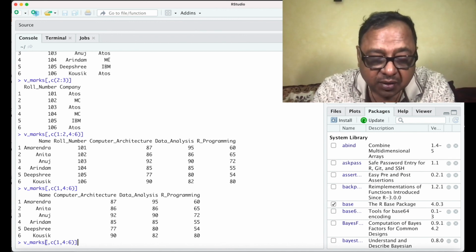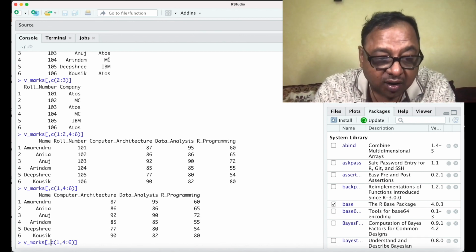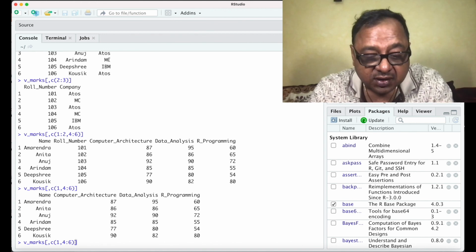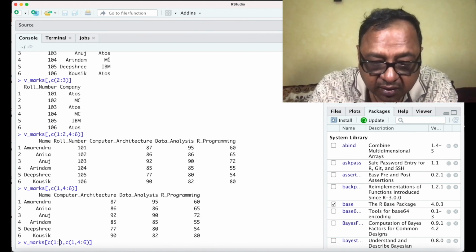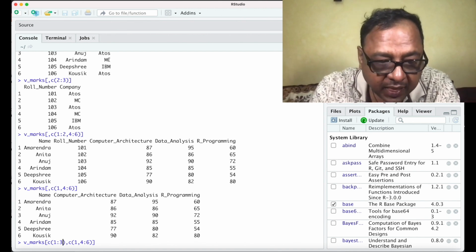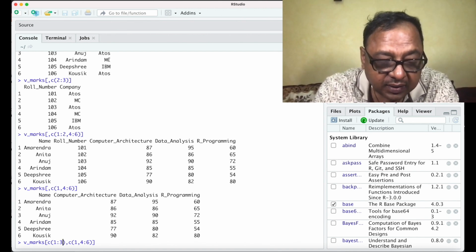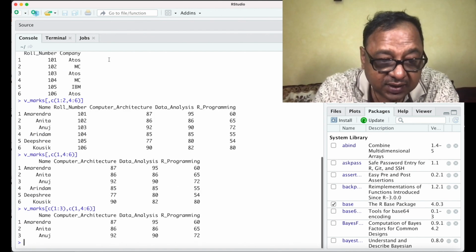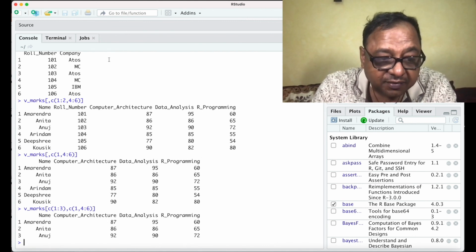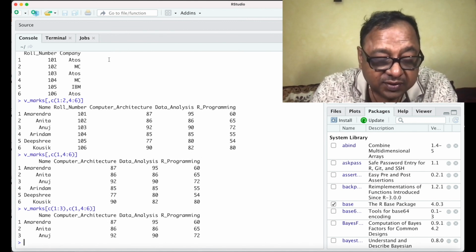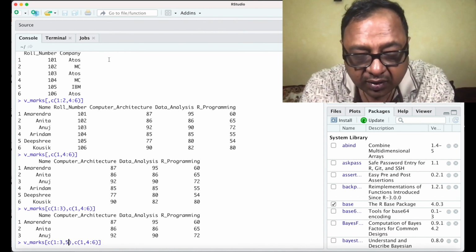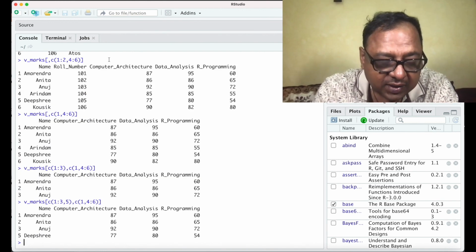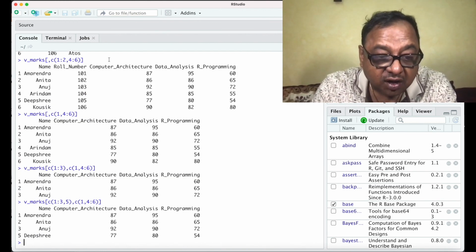Last thing what we can do is we can mix both the row number and the column number for multiple records. So I could give a vector for row number also. I say 1 colon 3, and the columns just like I defined in the last syntax. So now you see it gives me the first 3 rows for the columns which I have asked for. So I could mix the row number also. I could say 1 colon 3 comma 5, and now I see 4 records and for the columns which I have asked for.